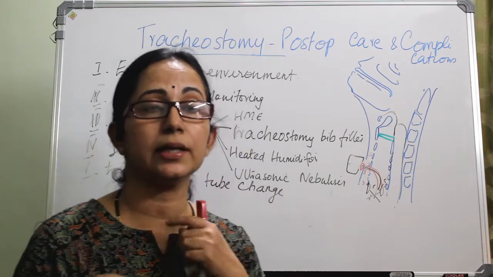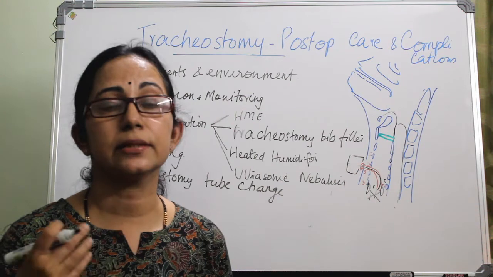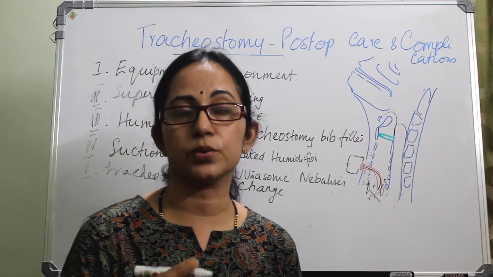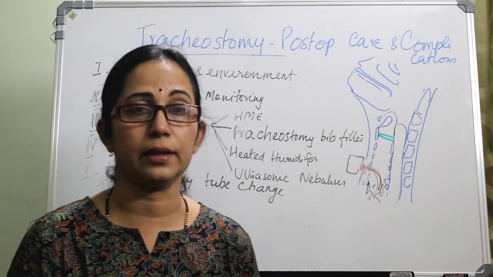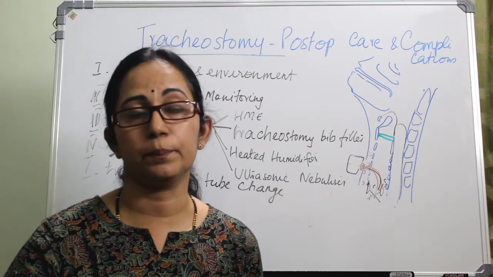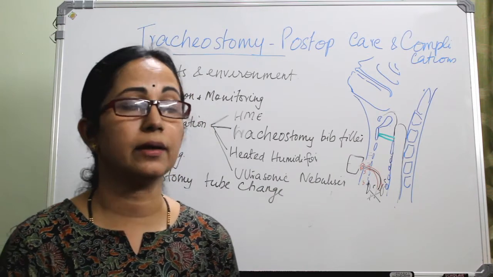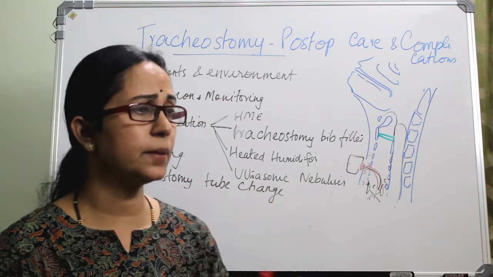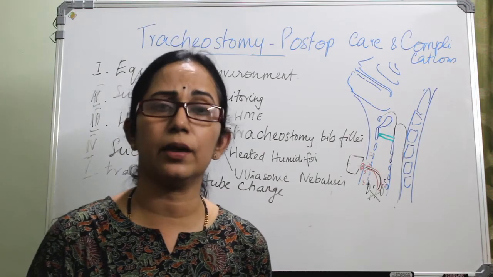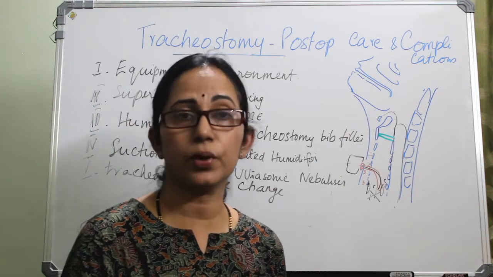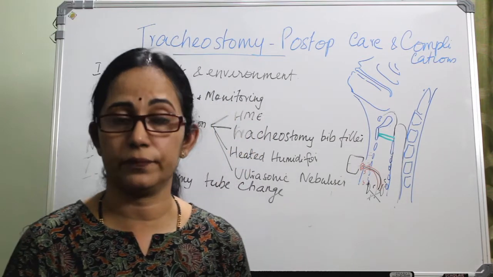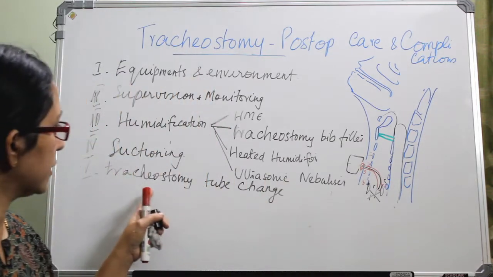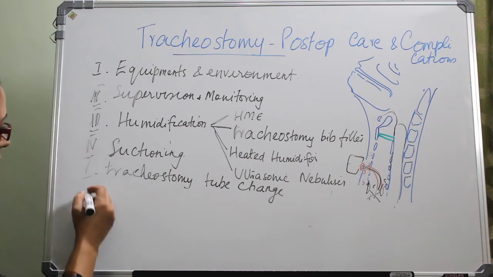The inner cannula has to be taken out at least 3 or 4 times daily. For the first 2 or 3 days this inner cannula has to be cleaned a minimum of 4 times a day, and after that it can be timed accordingly, looking at the signs of obstruction. The best time to remove the inner cannula or the outer cannula is before a meal or at least 1 hour after a meal, so that the chance of aspiration can be reduced. That is regarding the tracheostomy tube change.